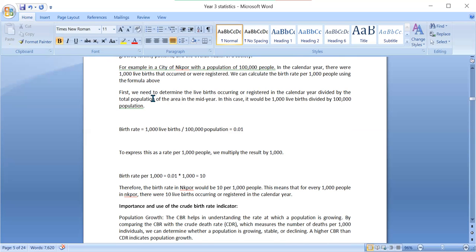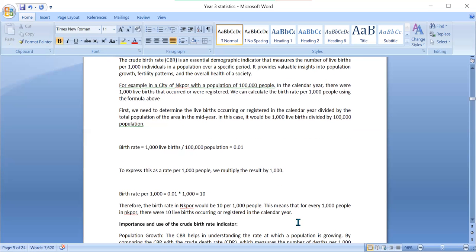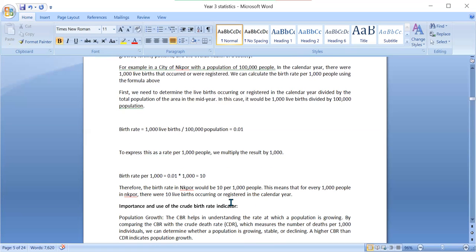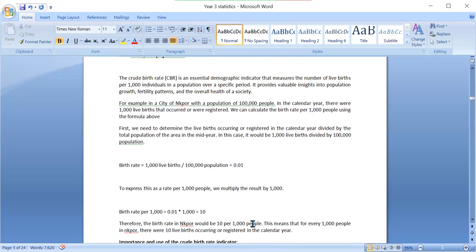Since it's 10 persons per 1,000, then for 2,000 people, it would be 20. For 3,000, it will be 30, until you get to 100,000 people. But for analytical purposes and for easy understanding, it's 10 per 1,000 people. You can also change it for a higher calculation, but for easy understanding and for epidemiological reasons and studies, it is 10